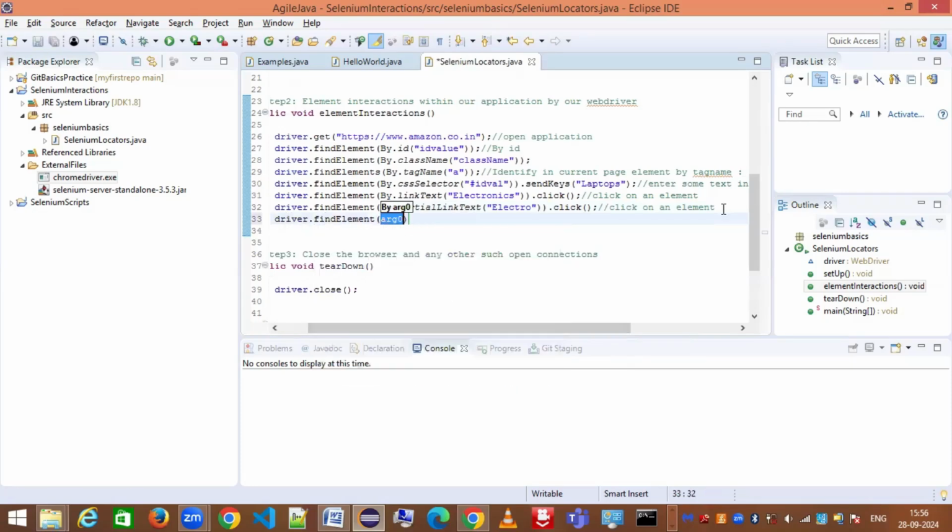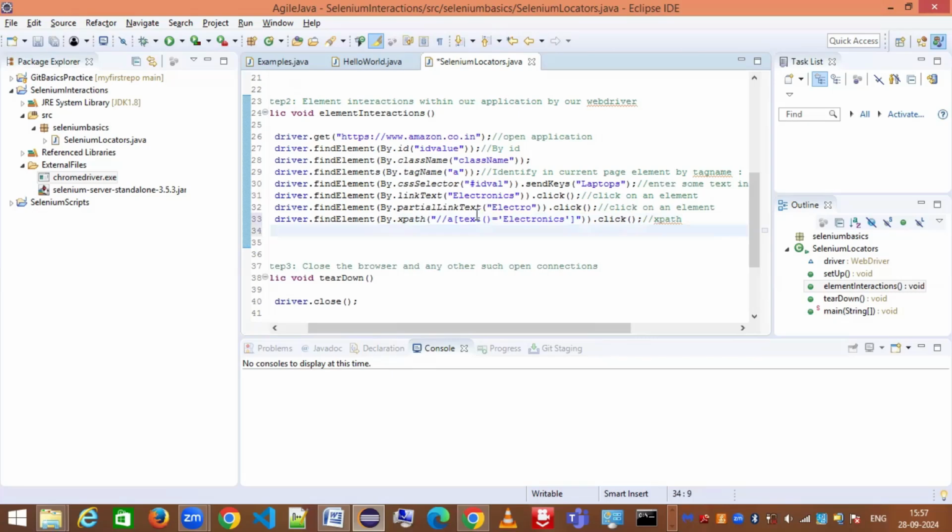We have XPath, of course, left. So we'll go for XPath now. By XPath, let's say I have an anchor tag and I'm saying text equal to, in single apostrophes, electronics. This is how we complete the XPath, and then enclose it in double quotes and then two parentheses here, and then your locator is completed. What do you want to do with this? Again, I want to click on it, right? So this is how we are using XPath,